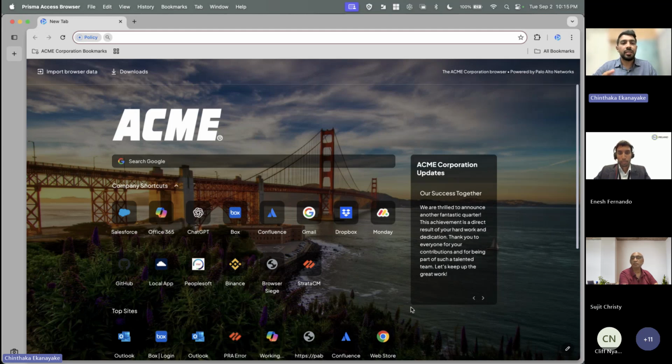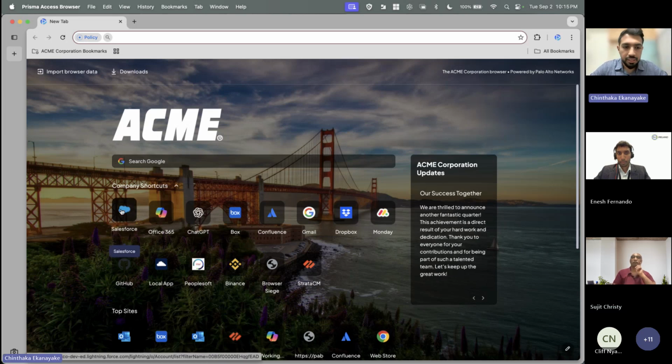We can also set all the shortcuts that users need. This is very helpful, let's say you're onboarding a new user. You don't have to send the URLs for the particular applications. We can set all of those as shortcuts on the browser, and the user just has to click to access. The same goes for third-party contractors. You don't have to send all the URLs separately in a mail and ask them to bookmark them. All of this will be available at the click of a button.